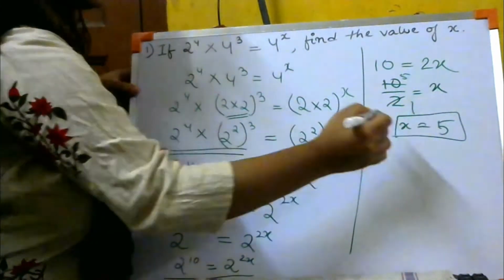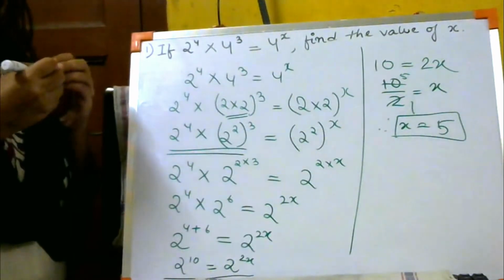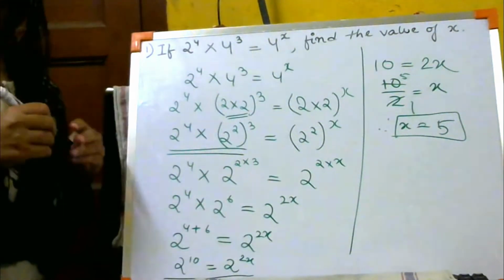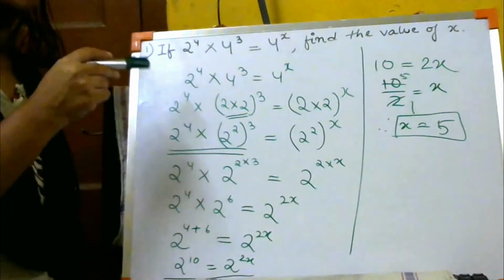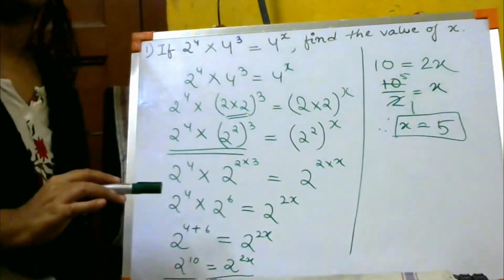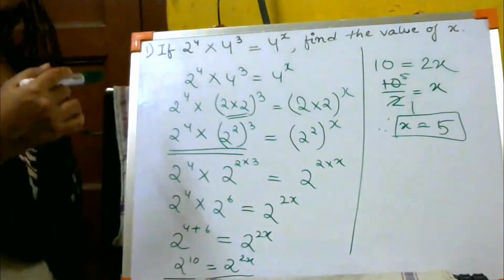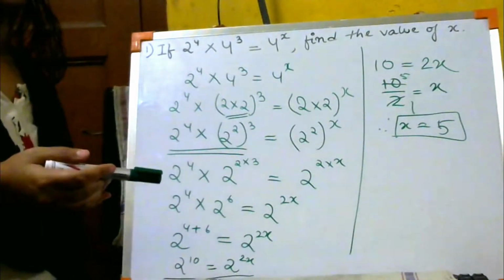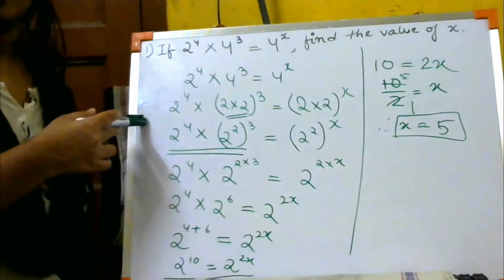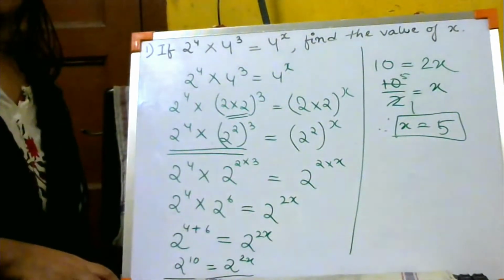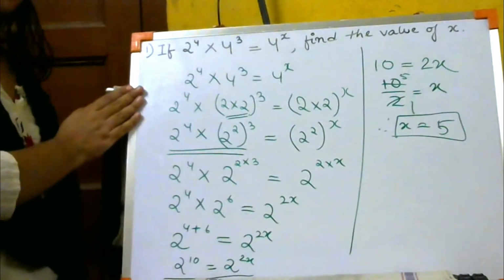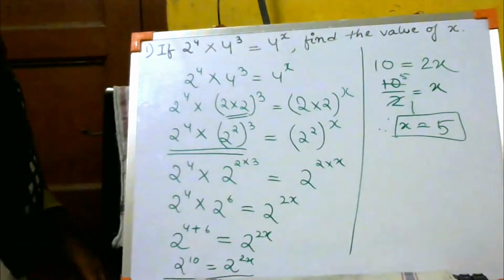ठीक है? Did you understand? This sum was so easy, isn't it? The previous day's sum, the last sum was a little tough one, but this sum is a small sum with a power of 2. So like this, simple sums are only going to come. There's nothing to feel so scared. It is just that we practice many more sums to just make our base strong. Clear? So that if any kind of sums comes, you can solve it. Okay? So this is today's first sum. Wait for the next sums.